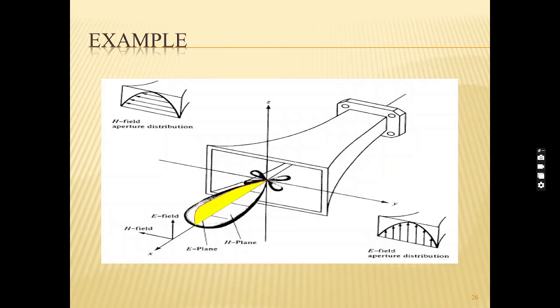Now, the isotropic radiator is defined as a hypothetical lossless antenna having equal radiation in all directions. It is ideal and not physically realizable. It is often taken as a reference for expressing the directive properties of actual antennas. The directional antenna is one having the property of radiating or receiving electromagnetic waves more effectively in some directions than in others. So you can see here